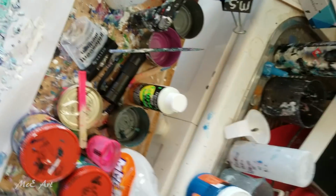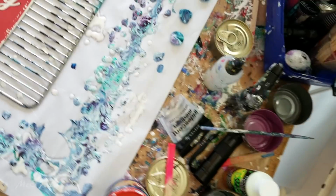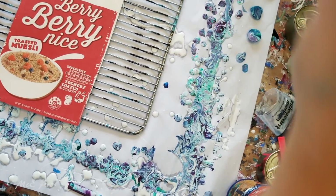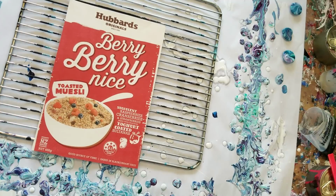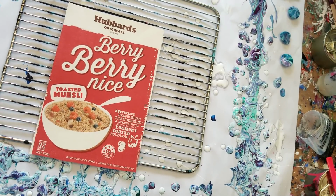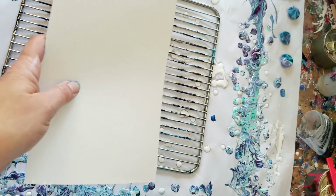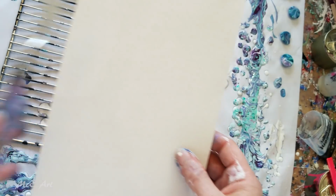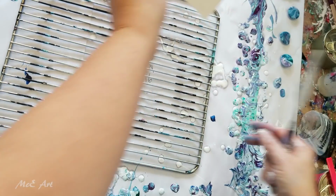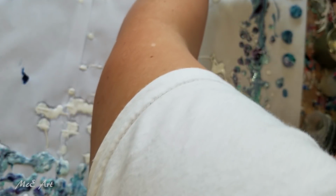Let's see if I can bring you up just a little bit. Oops, sorry. Ah! This tripod's intent on falling over. No, hold on. Okay. Saved it. One of the legs was actually collapsing. So I've got another one of my bits of cardboard. And I'm just gonna move this out of the way so I can maneuver without affecting my